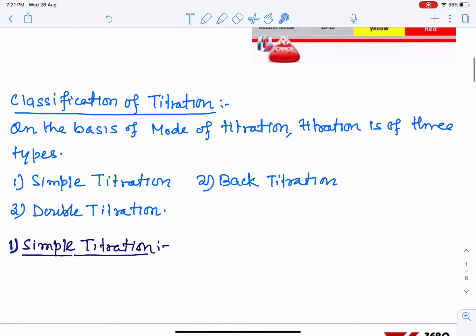Come to the point, टाइट्रेशन का हम classification जब करते हैं तो on the basis of mode of titration, titration is divided into 3 parts: simple titration, back titration and double titration. So first of all we have to discuss simple titration. In simple titration, one solution is known